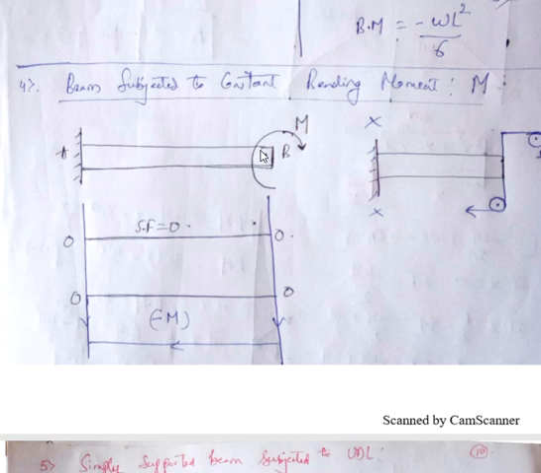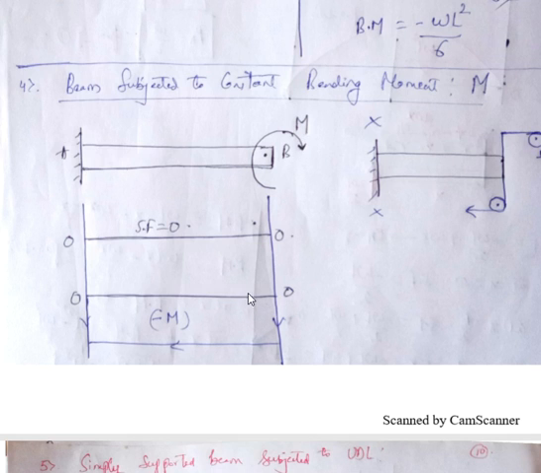Then the next thing you need to remember here is that there will not be any shear force induced in this beam. Why won't there be shear force? Because shear force is induced in the beam only when the force is applied in vertically downward direction or vertically upward direction. But instead of that, we are applying a moment. When we apply this moment, there will only be constant bending moment. Constant bending moment in the sense that the same moment is applied throughout the length.